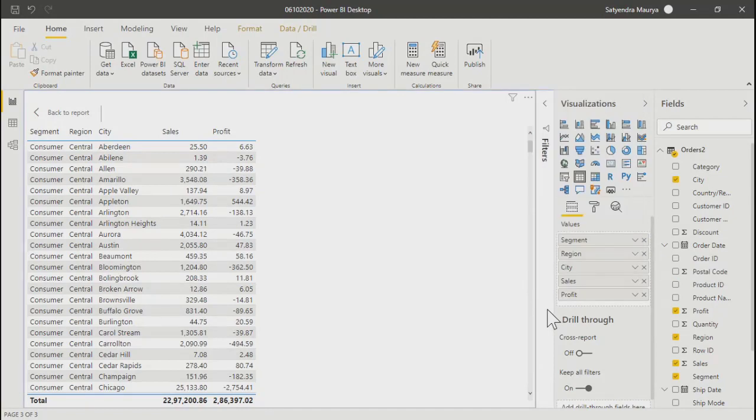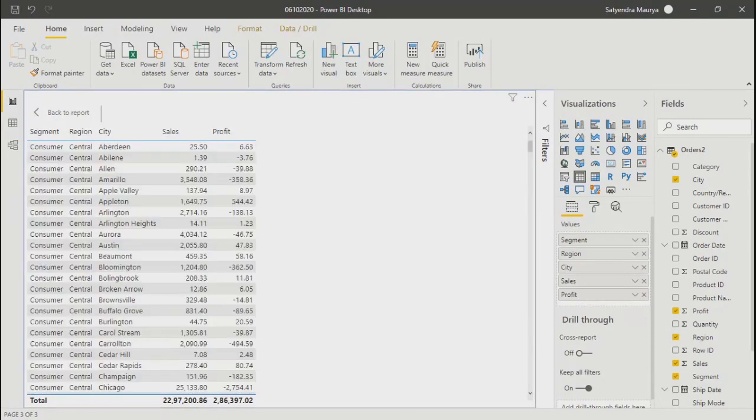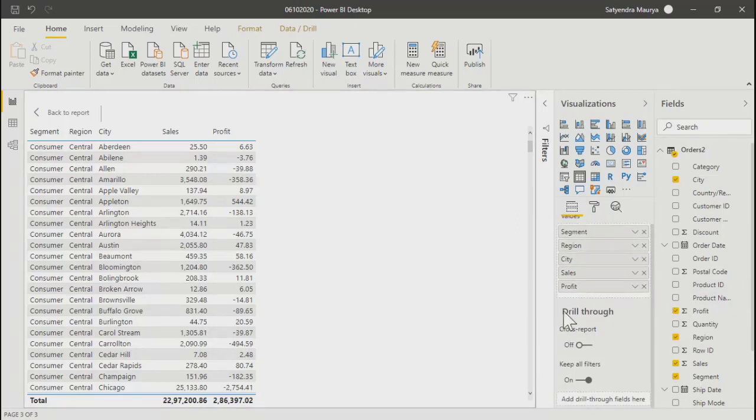But the primary thing is that everything is on one card. What happens in pivot is that you get columns, you get pages, and then you get values. Three basic components are there. Over here, everything is coming as a value, and that's the reason there is no hierarchical kind of levels, and you cannot collapse or expand. It's a simple table, what you get here. Now within this, you have options like drill through and cross report.